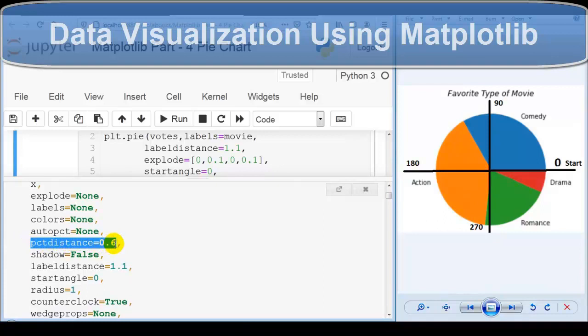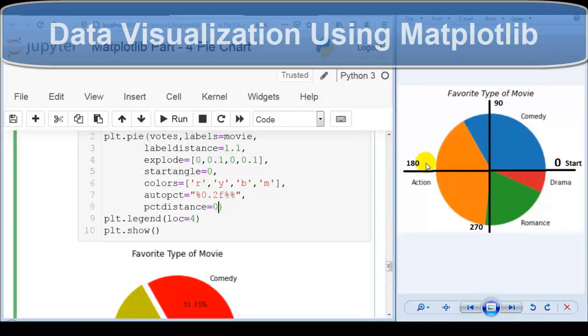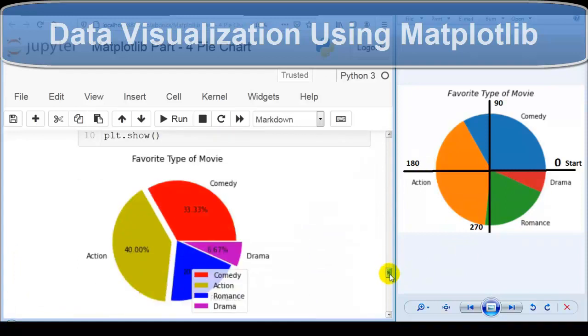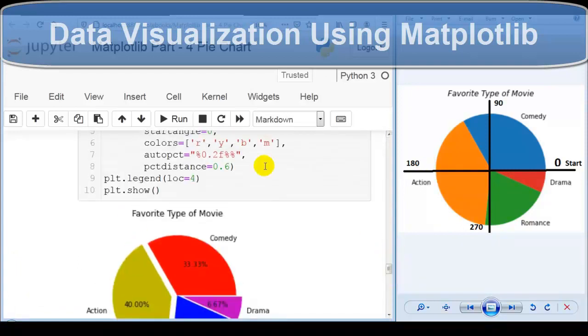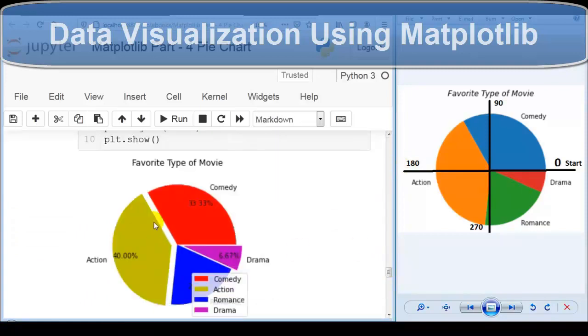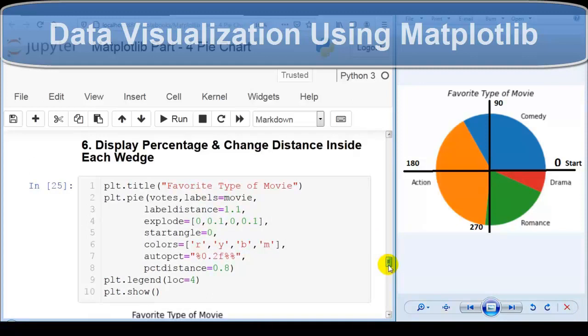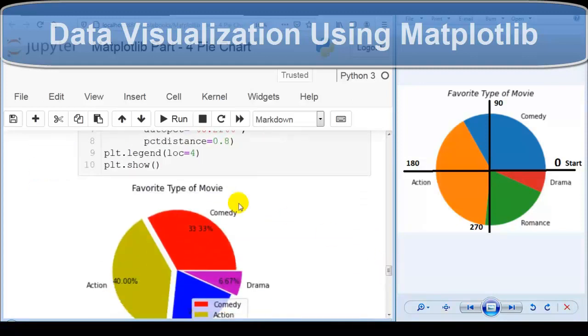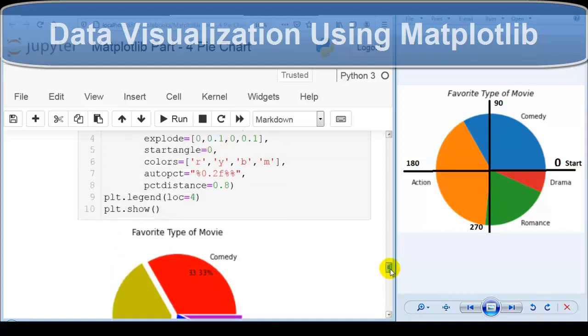By default the value is 0.6. So let me use 0.6. Let me execute this cell. As you can see over here, no change. So let me change it to 0.8. As you can see over here, the distance has been changed. So this way you can change the distance inside each wedge using the pctdistance parameter of this pie method that you can see over here.